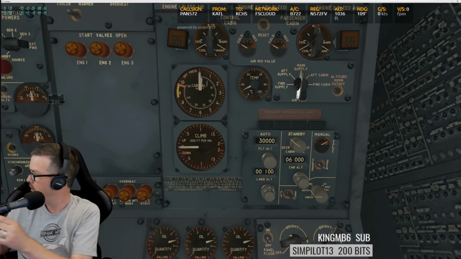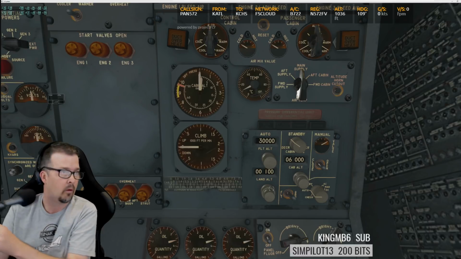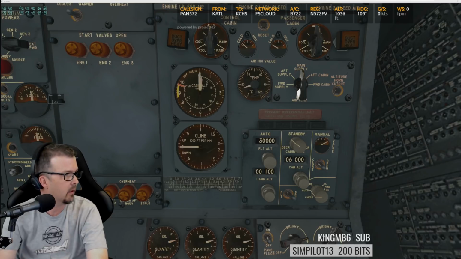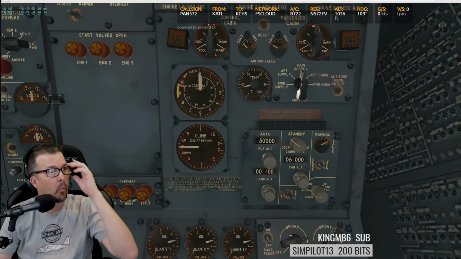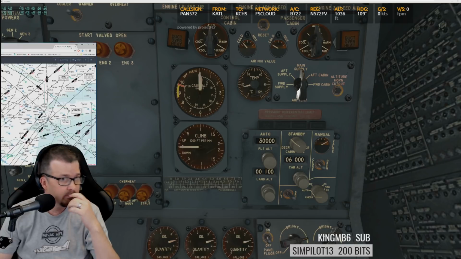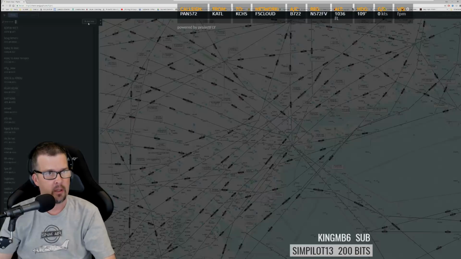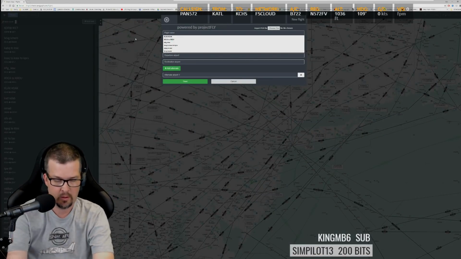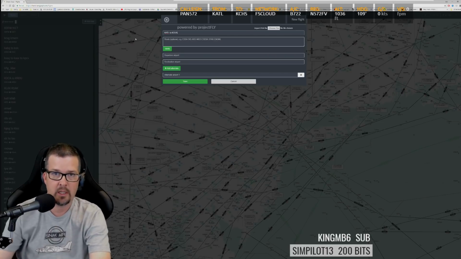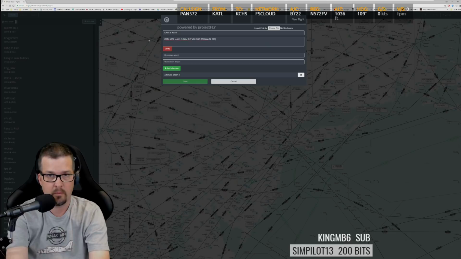Landing field elevation at Charleston. Let's go pick out that. Let's go to Navigraph charts. I keep meaning to load the charts app again, but KATL to KCHS. KATL, boom,